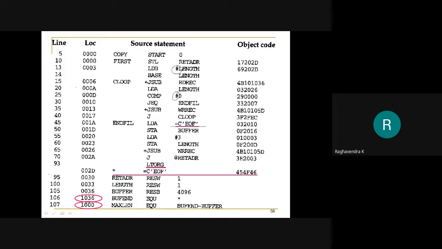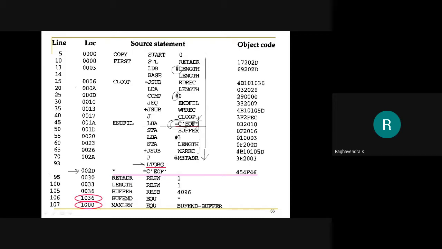Now we have a literal here, so this value has to be generated somewhere. Let us check where. We go further and see an LTORG statement. When it sees the LTORG statement, up to this point, how many literals were there? Only one literal, so that is placed immediately after this instruction.